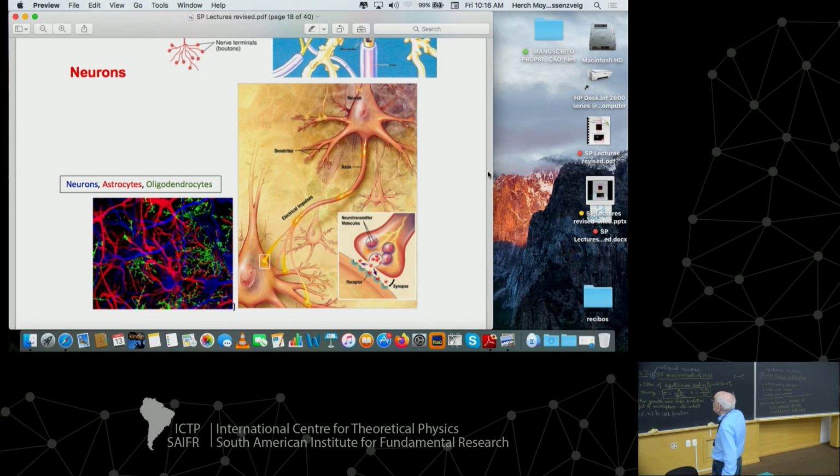They get very close together, but not quite touching. This is called a synapse or synaptic connection. The object is to transfer neurotransmitters, and the neurotransmitters produce nervous impulses that transfer from one cell to another or